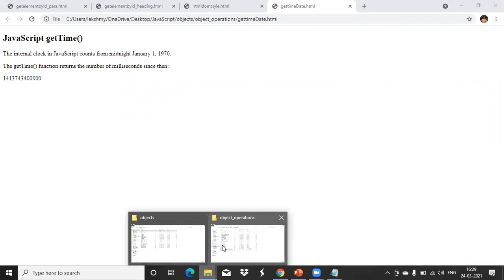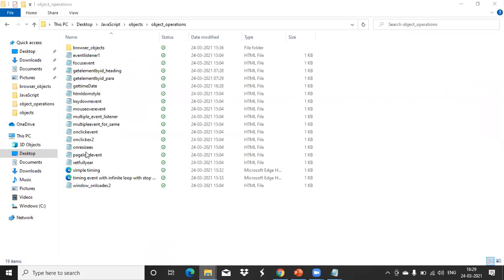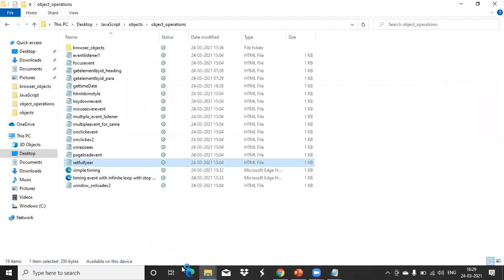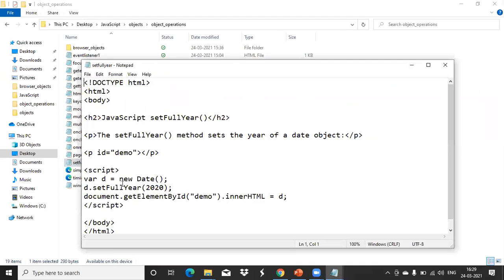Now we can set some time values. Why I'm showing them together is because we have done with the document.getElementById. See this date program, once again I'll show you. Here a date object is created. Now D dot setFullYear, we are telling which year: 2020.